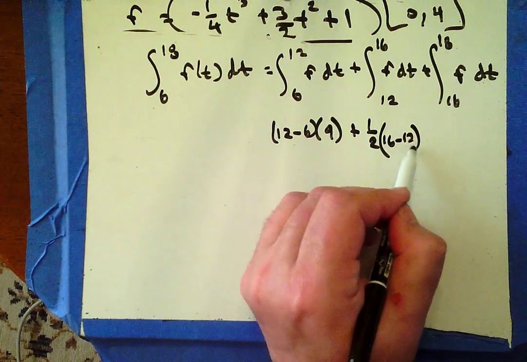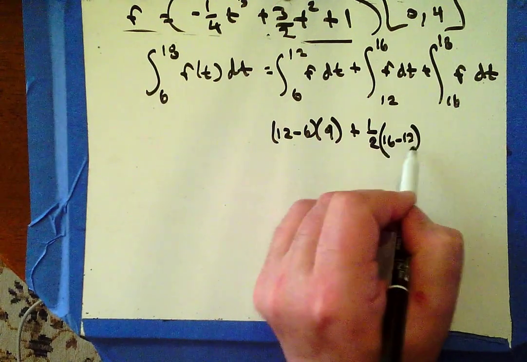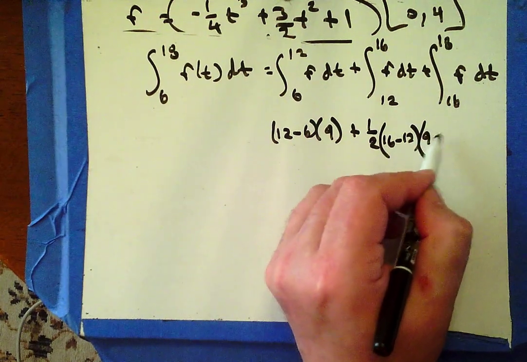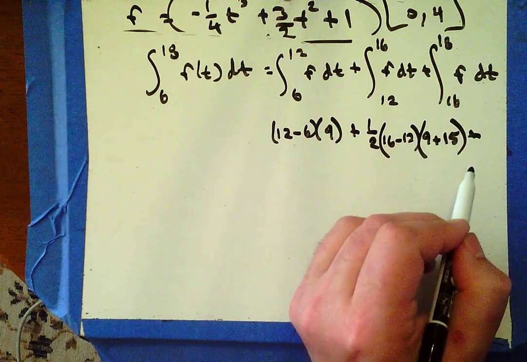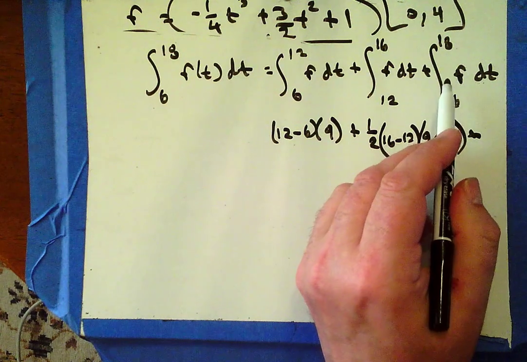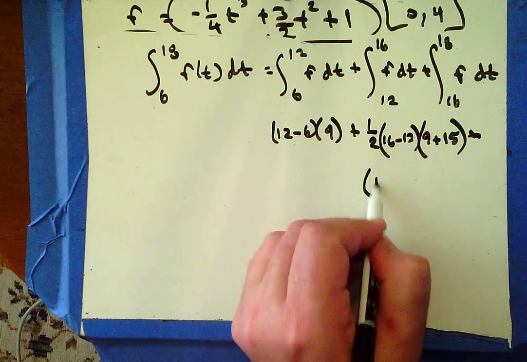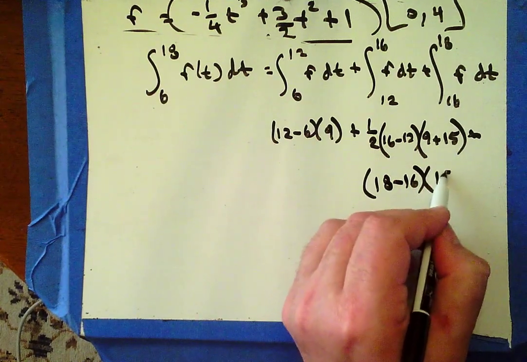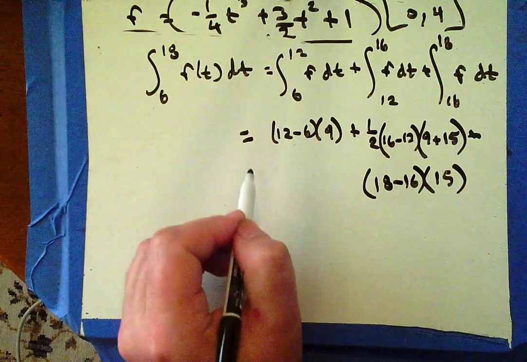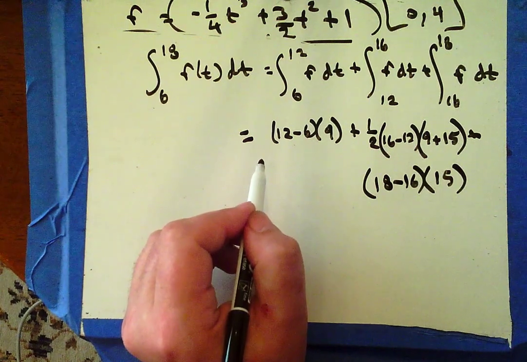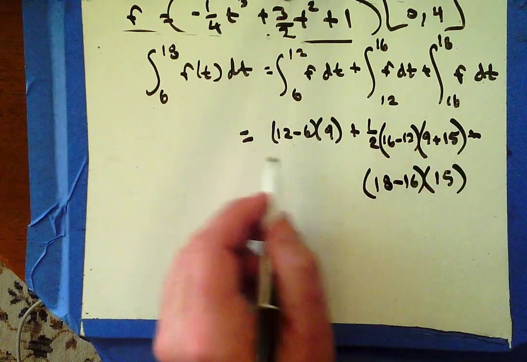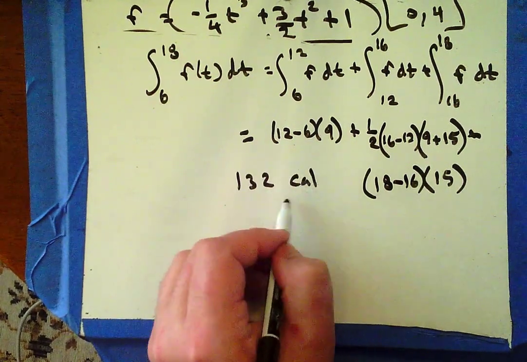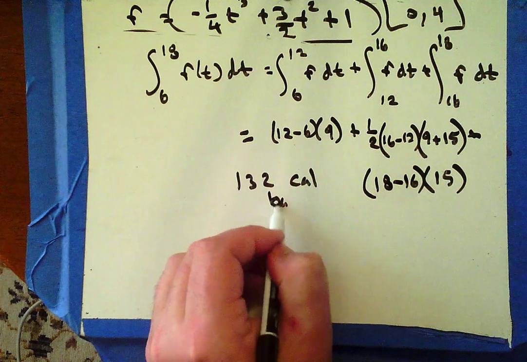16 minus 12, that's the width or the height of the trapezoid, and then base 1 is 9 and base 2 is 15, plus 16 to 18 was another rectangle, so 18 minus 16, the width of that rectangle, times the height of that rectangle. You could leave your answer like this, but I went further and came up with 132. So we've got 132 calories burned